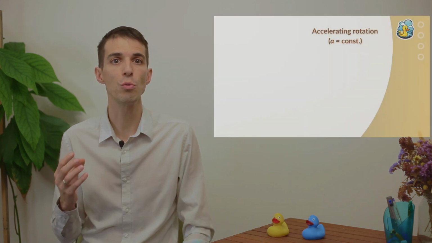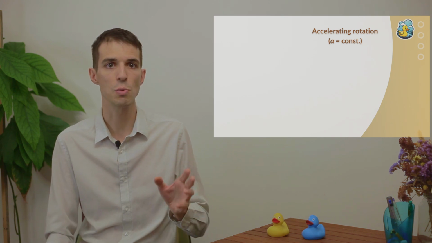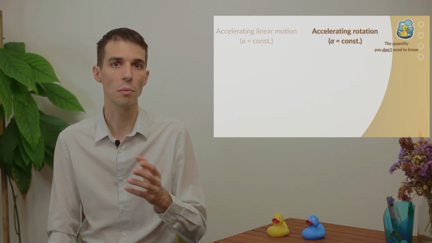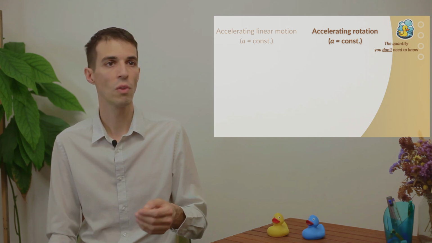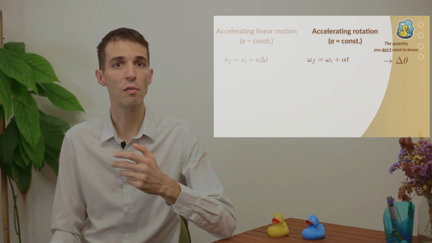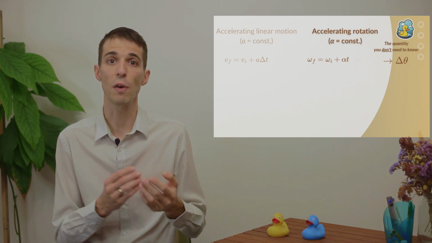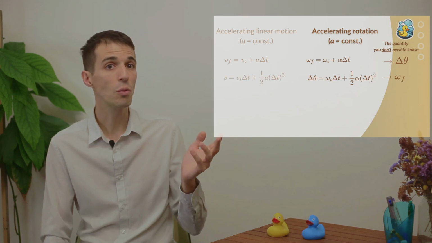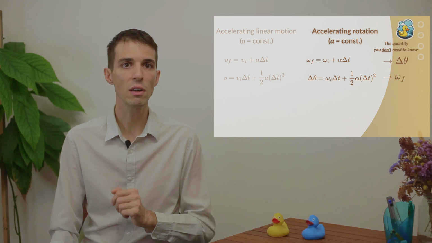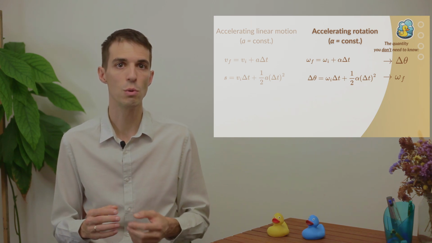Now let's look at the 4 kinematic equations for uniform angular acceleration. They are just like the equations we use for linear motion, sometimes also called SUVAT equations, but with angular quantities. First, we have omega final equals omega initial plus alpha times t, which tells us the final angular velocity after a certain time. Next, we have theta equals omega initial times t plus 1/2 alpha t squared, which helps us